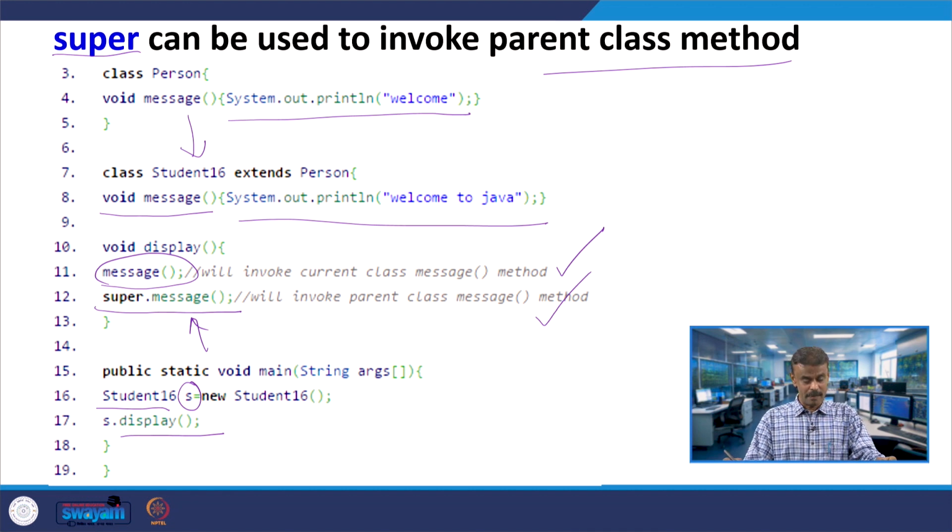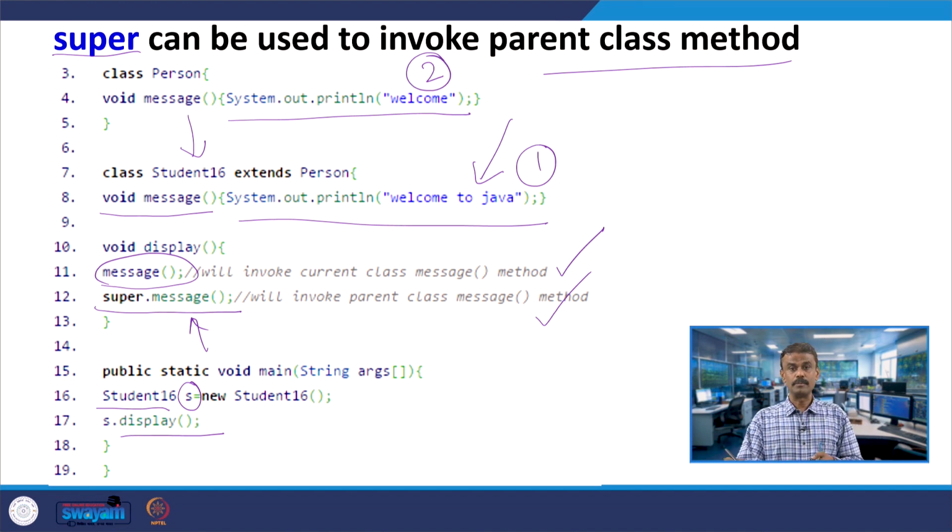Message invokes the subclass version, so first "welcome to Java" will be printed, and line number 12, super.message, invokes the super class, so second "welcome" will be printed.